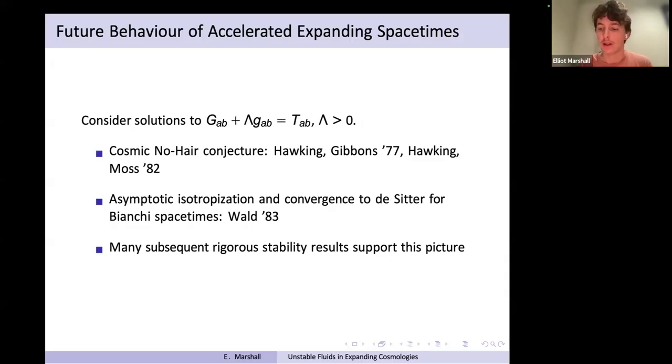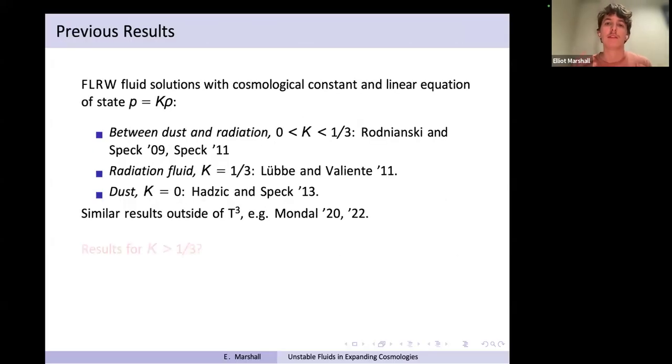But I want to emphasize that the results I've mentioned or discussed up to this point are really about homogeneous spacetimes. But of course, our own universe is not homogeneous. We have inhomogeneous structures. So in fact, we have to start looking at perturbations of these solutions to really have some idea about how they behave in general.